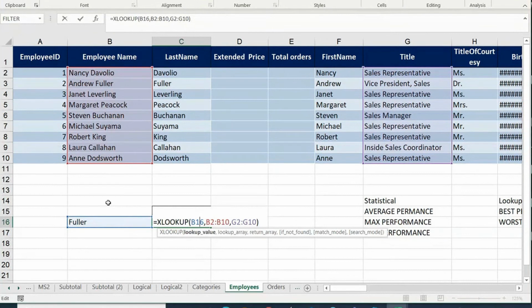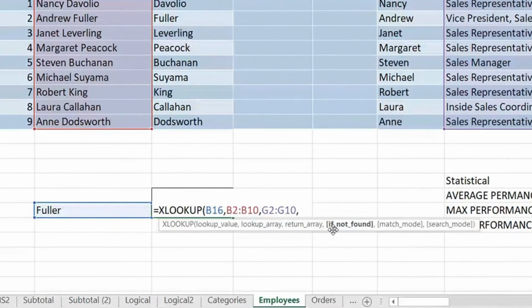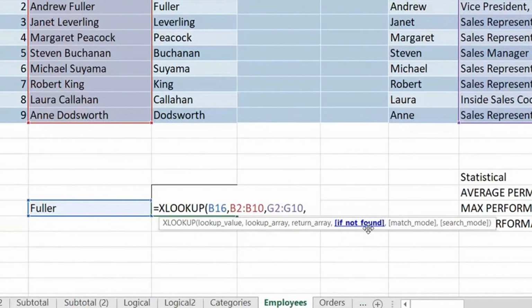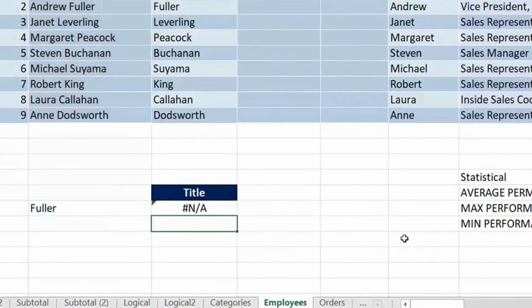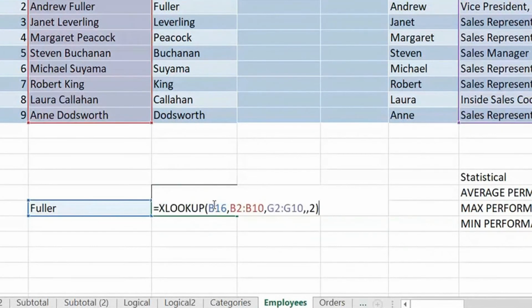But guys, what you should focus on here is some extra parameters. See, if I put a comma, I told you we'll go to if not found. Right now, I'm not worried about if not found. I'll just bypass this, put a comma again. Match mode is important here. In match mode, you have exact match, these two I told you about approximate match, and the last parameter is wildcard character. Look at this. I'll just bring that wildcard character. That is parameter 2, after your if not found parameter. So if I just write 2, still I get NA. This is because I chose wildcard character, but I did not write a wildcard character.